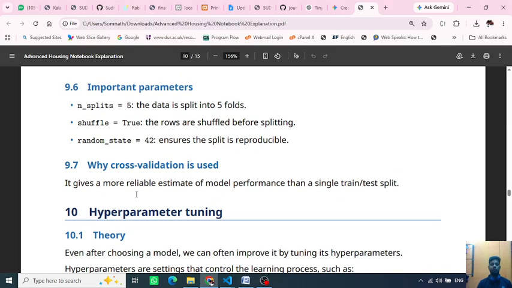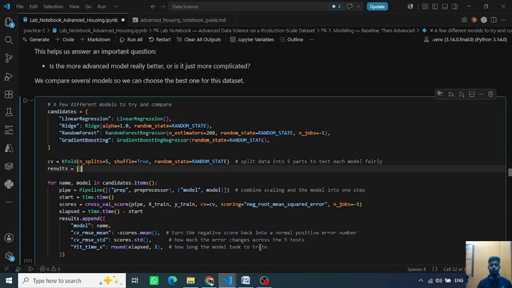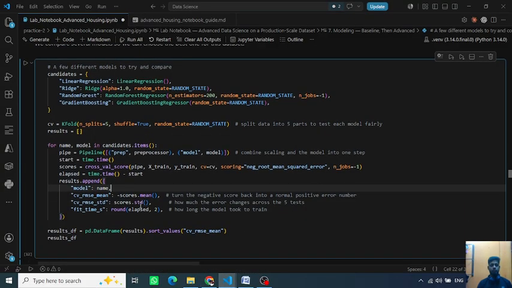So why do we use it? It gives a more reliable estimate of model performance than a single train-test split. We are going to train and test the model 5 times with 5 different datasets. Now we can look into each model, and here you can see